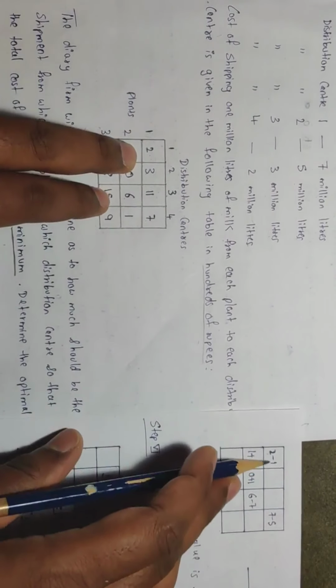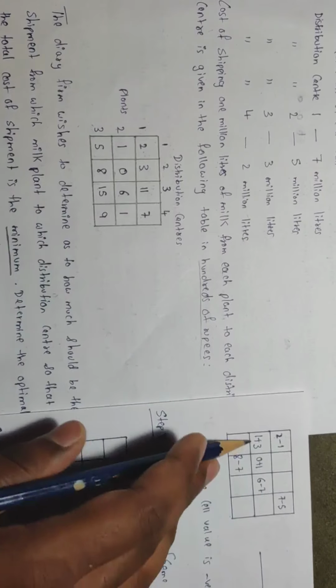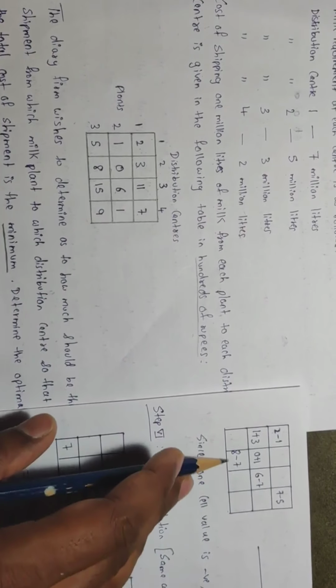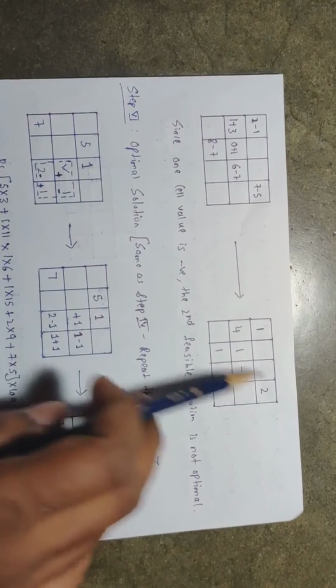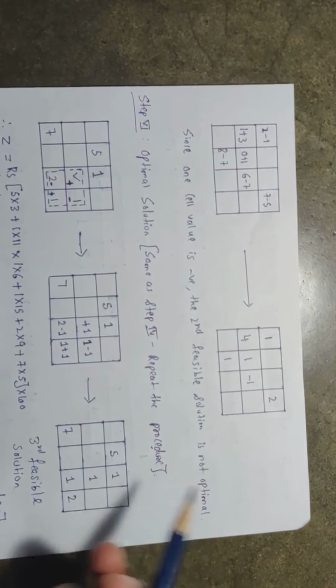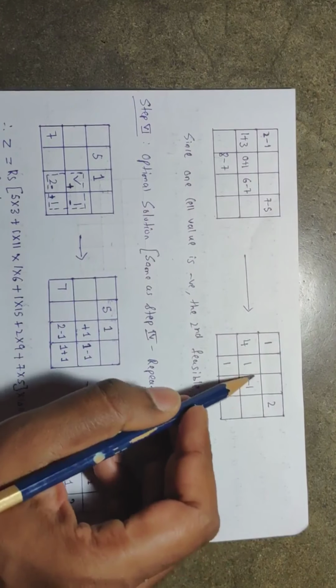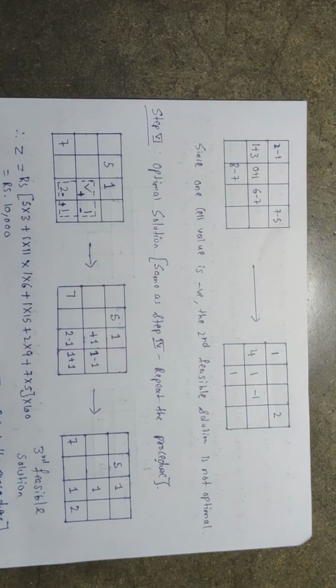So what I'm going to get in the previous allocation here, 1. So 2 minus 1, 7 minus 5, 1 plus 3, 0 plus 1, 6 minus 7, 8 minus 7, right? So once you subtract these values, you are going to get the new values. Now check once again whether you are getting a negative value or a positive value. Of course I'm going to get one negative value once again here. So this is not the best solution that we obtained.